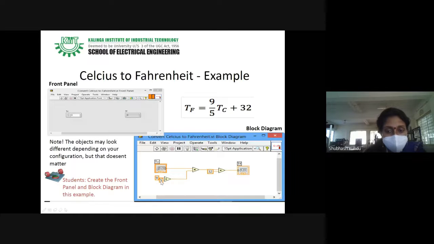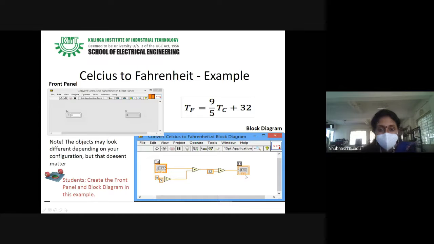These are termed as constants. We are using some constant values, so from the function palette, we will choose some of these constant values. With these constants, we will do the operation, that is your division, right? After that, it will get multiplied, and after that, addition with a constant again, and directly we will have some